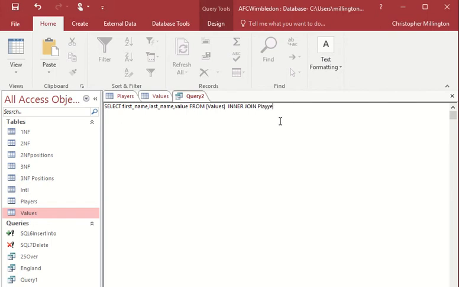So type there players, we want to join. So we have now said, okay, we want to display this information from that and link values and players together. Okay, nice and easy so far. And now we have to say what we're going to link them by, which field should be identical in both of them. So we're going to say on, capital O-N,